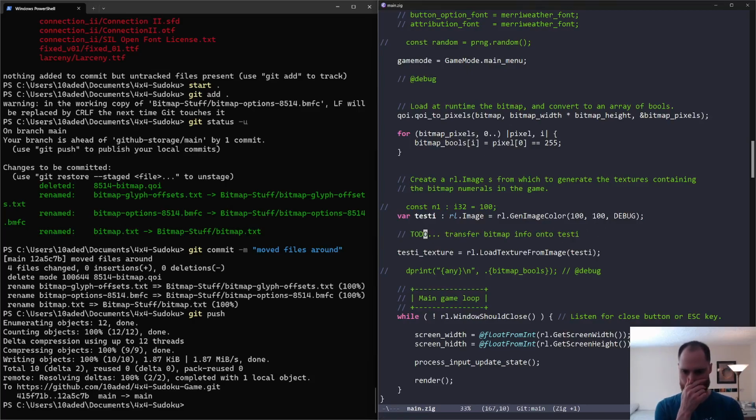So okay, why don't we just use the bitmap we've imported, double it in size, store that doubled size as this test I, and then draw that. And then